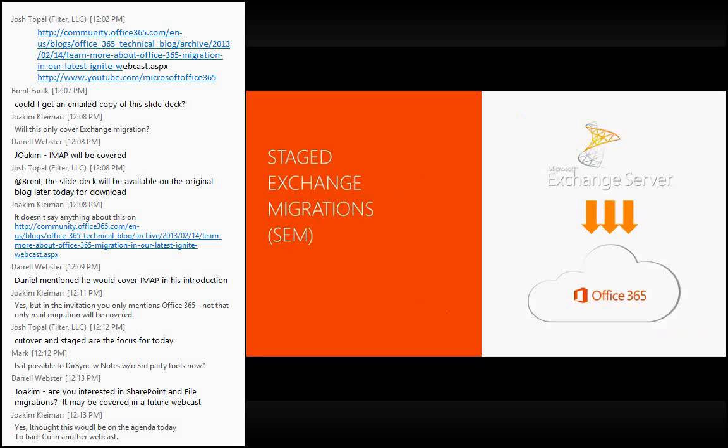And this is essentially done in two ways. We mentioned earlier, by enabling directory sync in the Office 365 portal. So it looks at the attribute and essentially says, is directory sync running? Depending on whether that equals yes or no depends on whether you're going to be doing a staged migration or a cutover migration. And then what we do is we load this CSV file into the wizard, but we